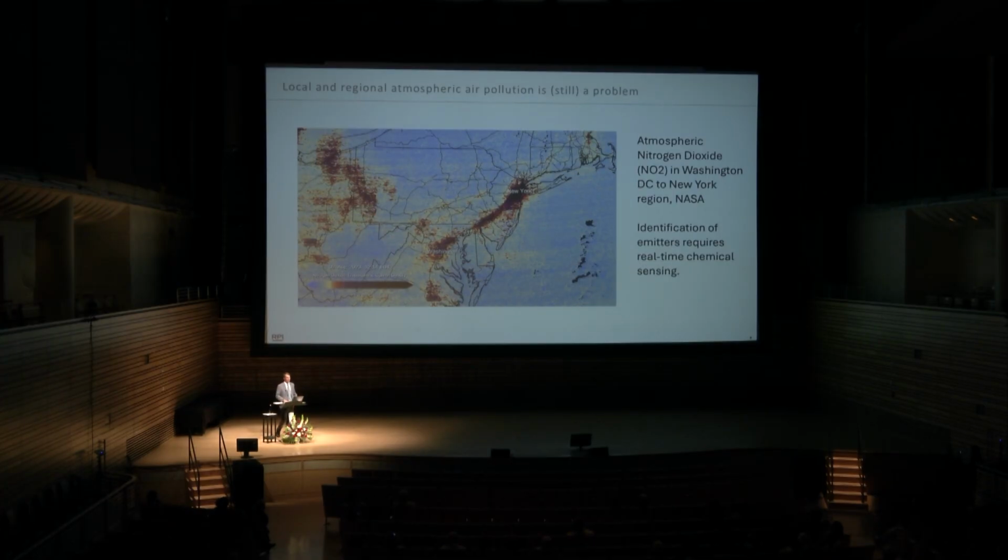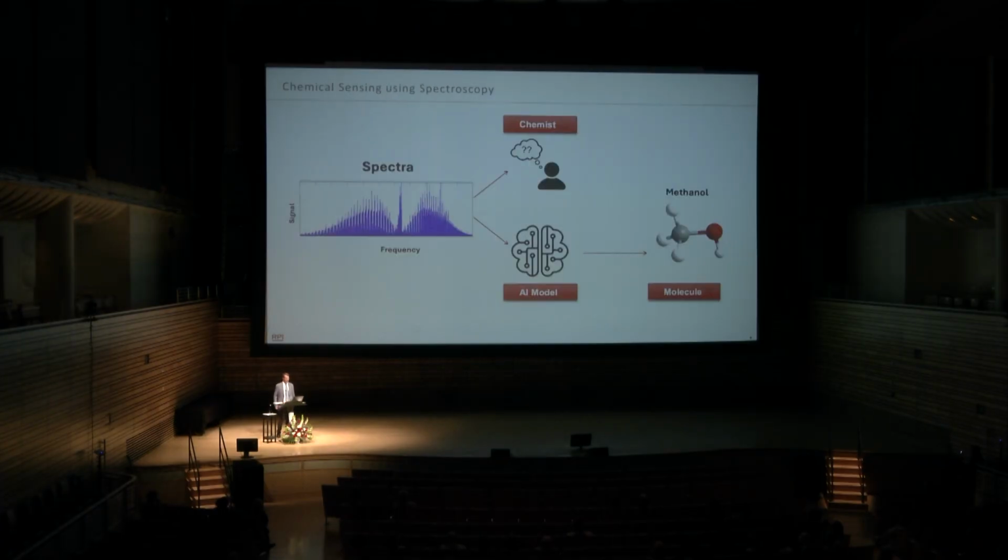So what we would like to do is make it common knowledge what the air conditions are in this room, what the air conditions are outside, so that people can make judgments about whether they should be in those spaces. And so what we need is real-time chemical sensing. This is something I've worked on for quite some time. Chemical species in the gas phase can be easily identified by their fingerprint spectra. And they have fingerprint spectra because all molecules have quantized energy levels, and the transitions between those quantized energy levels are unique to the molecules.